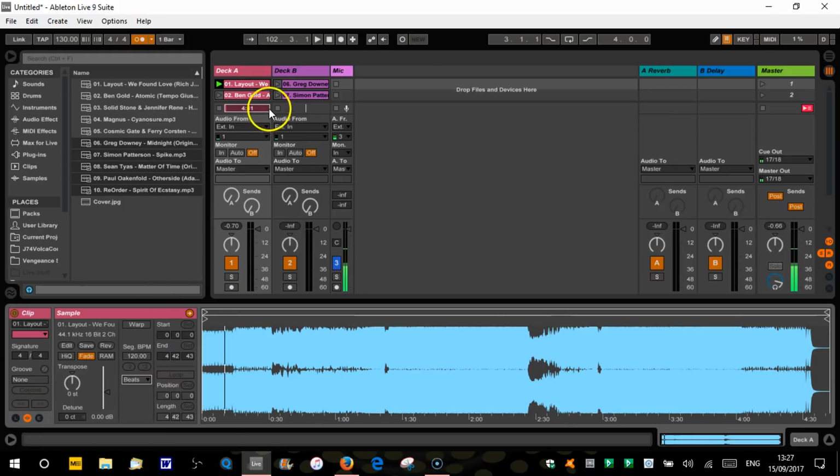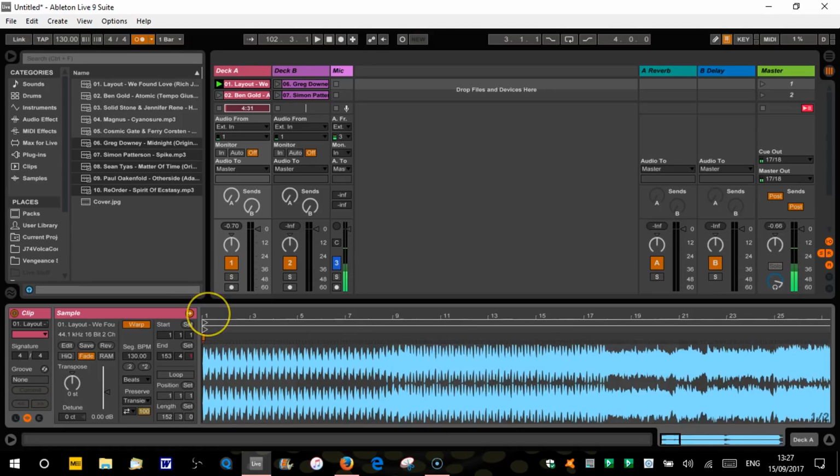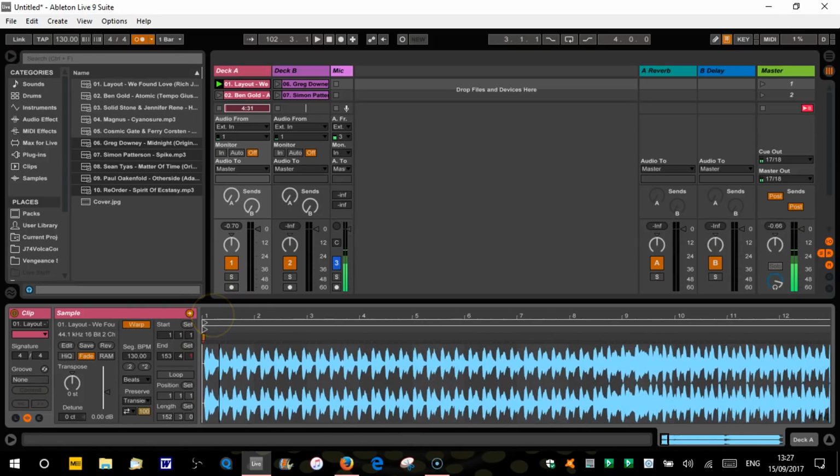So we're going to choose this first track here, this version of We Found Love by Layout. So we've double clicked on it and we've opened up our clip view at the bottom. Now if we click on Warp, you will see that we now get this grid across the top with these numbers on. So these are basically counting the beats and the bars for us. So if you zoom in, you'll gradually start to see more numbers appearing. So there we can see beat 1, beat 2, beat 3. If we zoom in a bit closer,